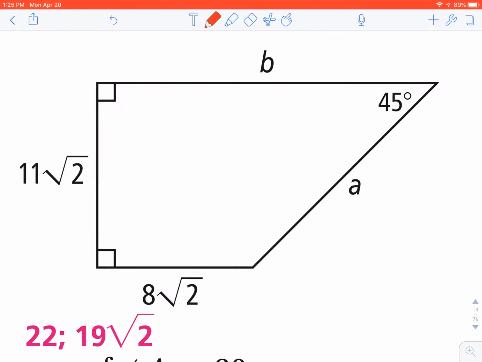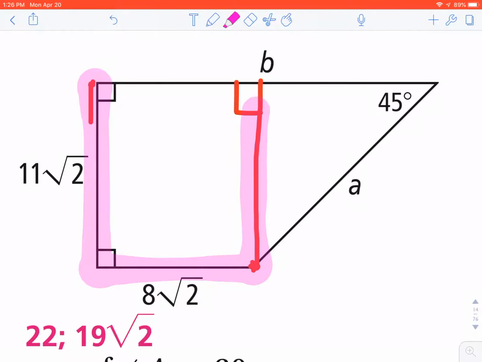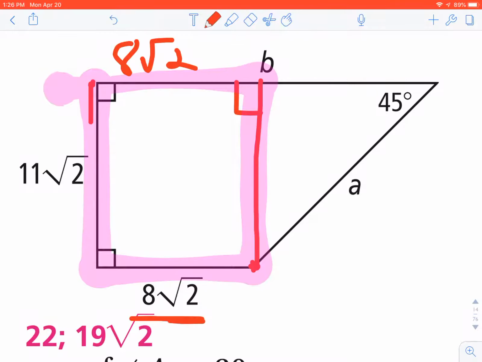a line from this vertex perpendicular to this side, well, I've created a rectangle on the left. So I'm going to outline this in pink. Here's a rectangle, which allows me to make some conclusions. If this side length is 8 radical 2, that means from this red line over is 8 radical 2. And if this side is 11 radical 2, then that side is also